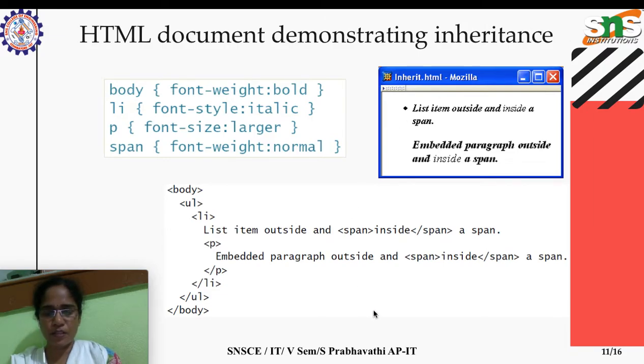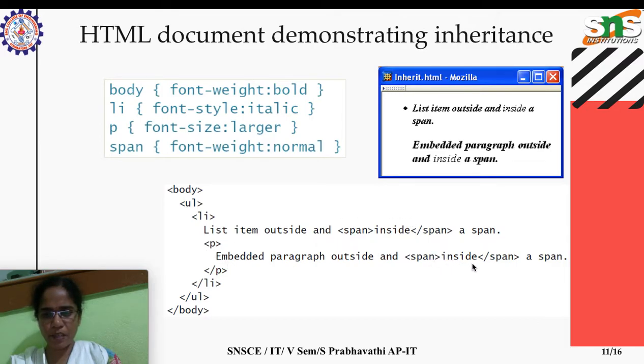Consider this HTML document body. Inside the body we have the unordered list, followed by a list item, this one list item outside, and a span. A span is nothing but simply a wrapper, an inline element, followed by a paragraph.